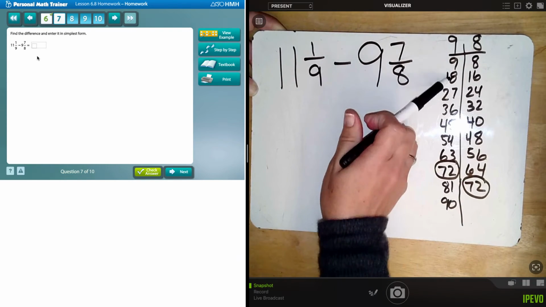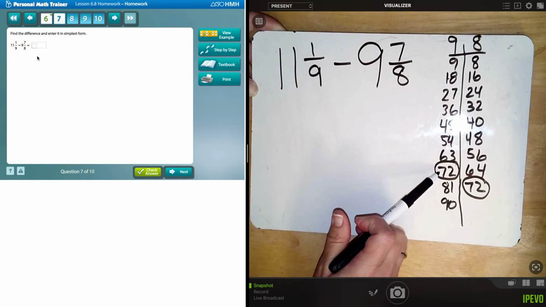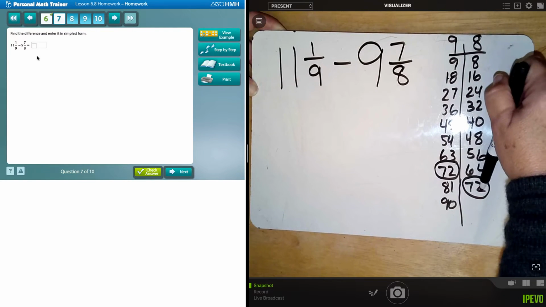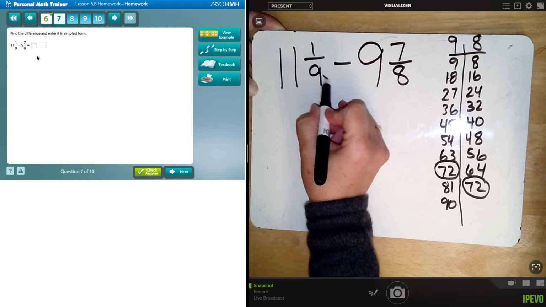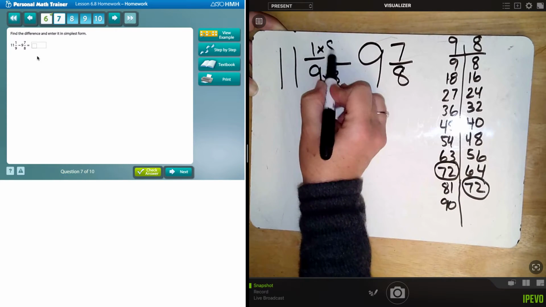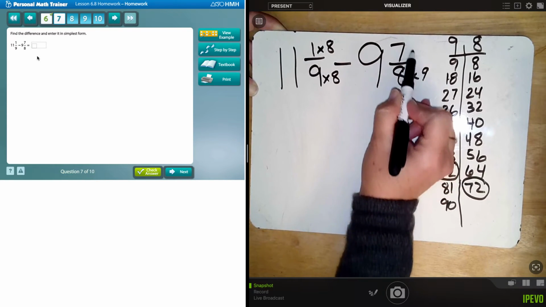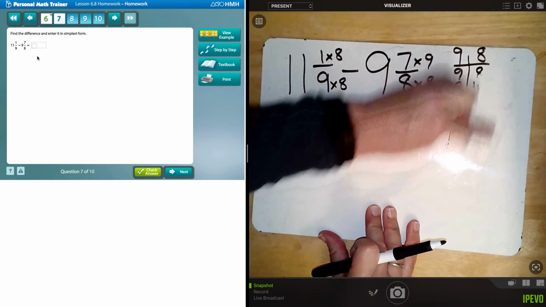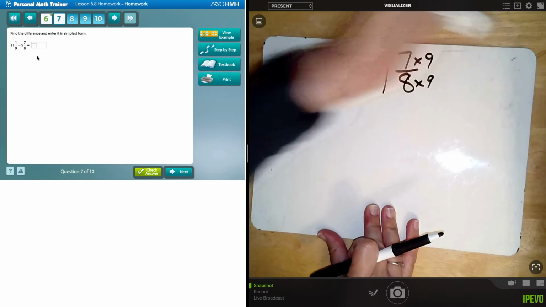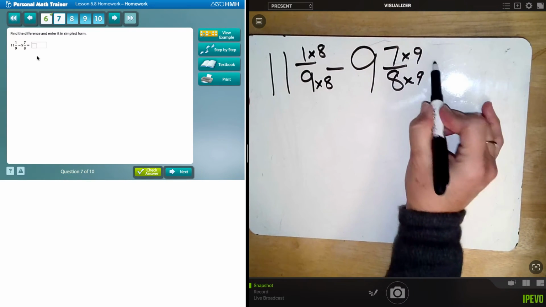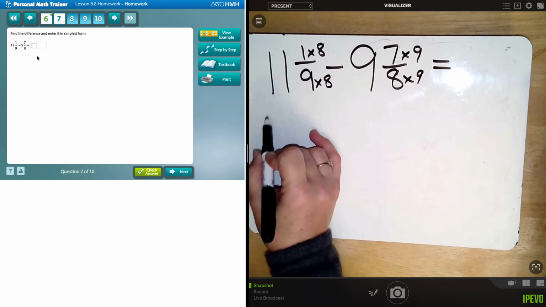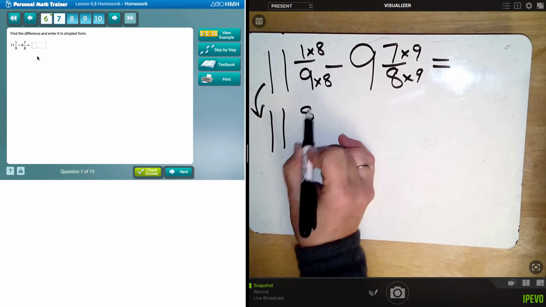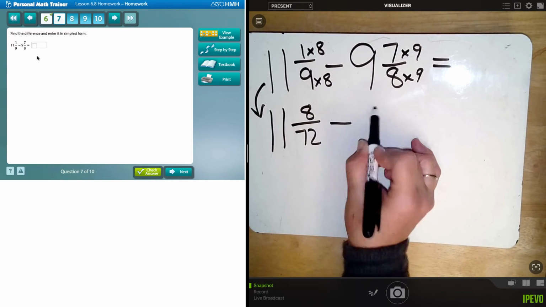So 9 times 1, 2, 3, 4, 5, 6, 7, 8. 9 times 8. And 8 times 1, 2, 3, 4, 5, 6, 7, 8, 9. 8 times 9. Really just multiplying by the other denominator, right? I just wanted to make sure. And of course, the better we know our multiplication facts and the more familiar we are with those facts, the faster this process goes. So now I've got 11. I'm going to convert this. 11 and 8 over 72 minus 9